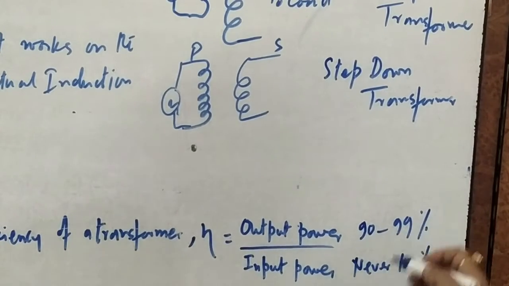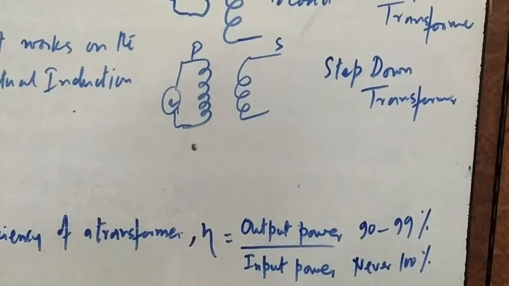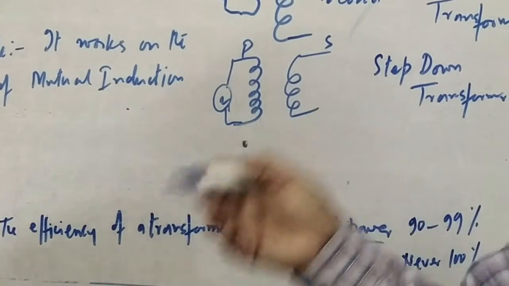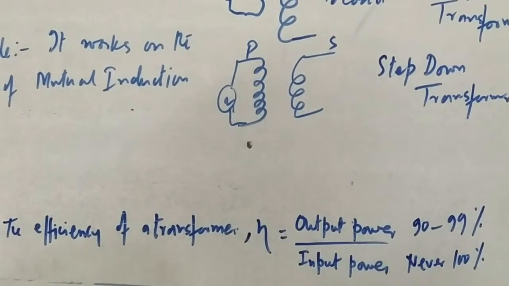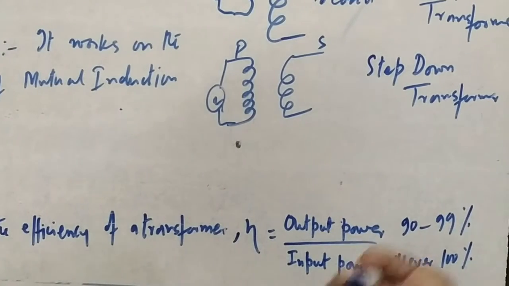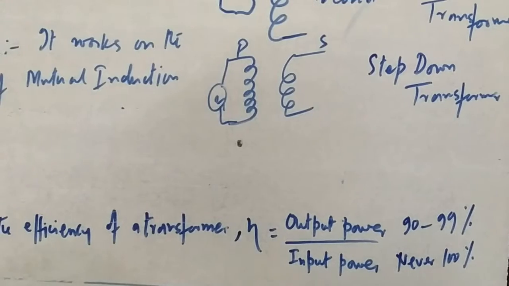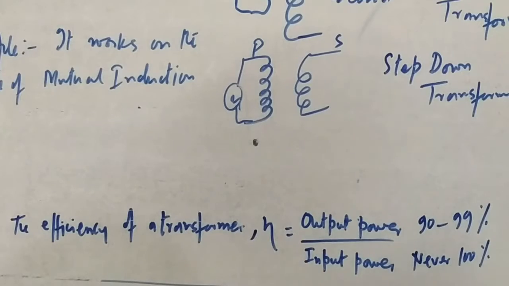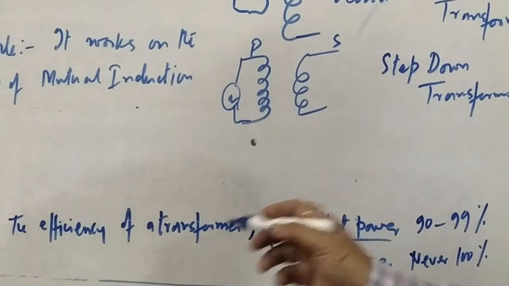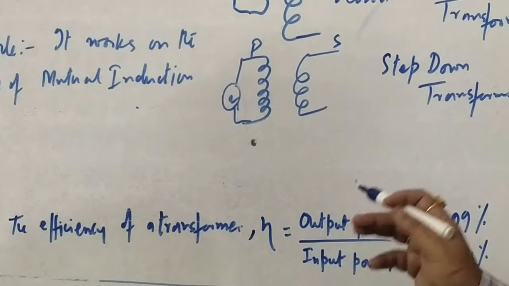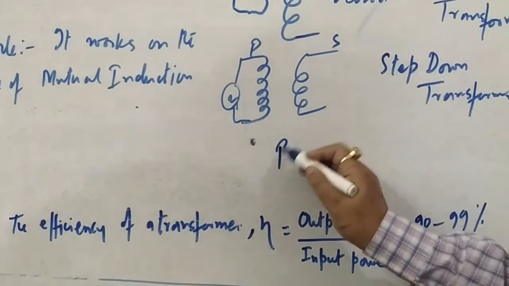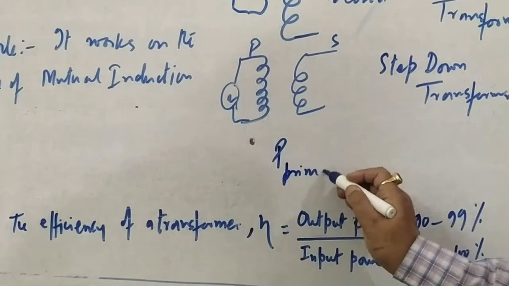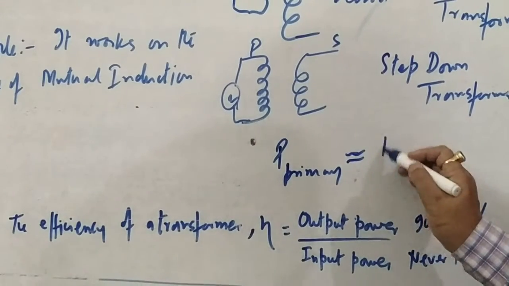इसके एफिशिएंसी 90 से 99% तक मोस्टली मिलता है एक अच्छे एवरेज ट्रांसफार्मर में, लेकिन जो आइडियल केस होना चाहिए कि पावर रिमेन्स कांस्टेंट, कि हाई वोल्टेज और लो करंट को आपका हाई करंट एंड लो वोल्टेज में बदल दे, या लो करंट और हाई करंट एंड लो वोल्टेज is converted into high voltage at low current. तो इसके मतलब वो चीज तो हो रहा है, पावर तो चेंज हो रहा है, but it is not exactly same. लेकिन हम लोग अप्रोक्सीमेटली कई न्यूमेरिकल ऐसे करेंगे जिसमें कि पावर ऑफ प्राइमरी is approximately equal to power of secondary.